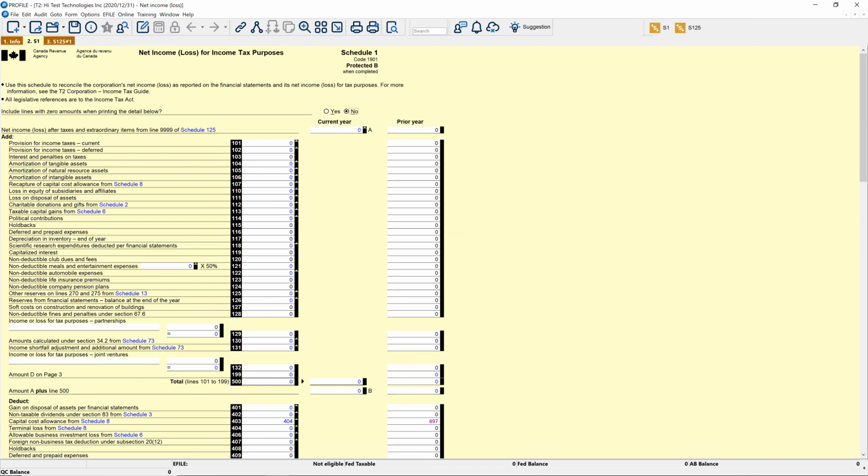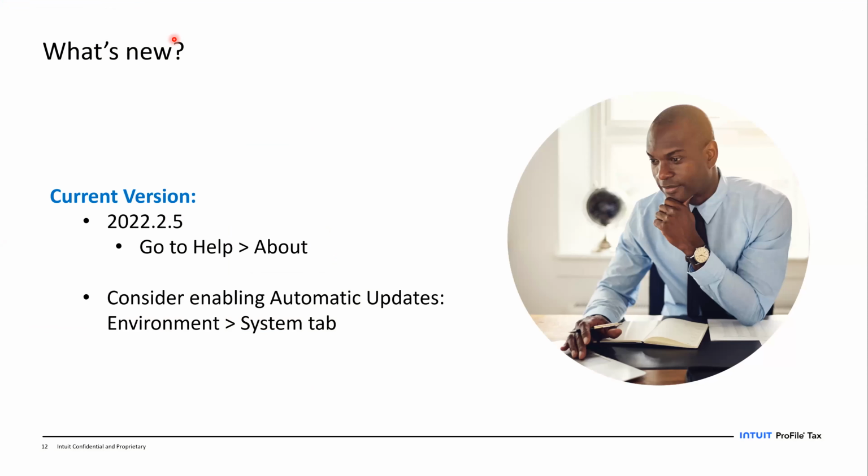And a really good idea, by the way, rather than going and checking all the time whether an update is available, is to ask for automatic update notification. Okay, it's an update notification. It's not an automatic update that is going to update ProFile in the background. If you enable this feature, you're telling ProFile, please check if there's an update, and if there is, just open up a window to tell me. I still have to update it manually myself,